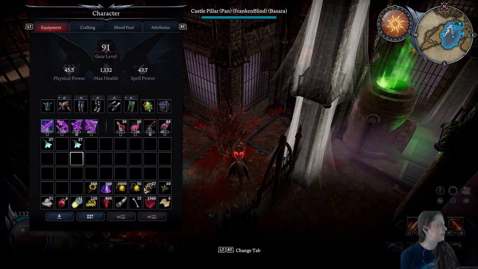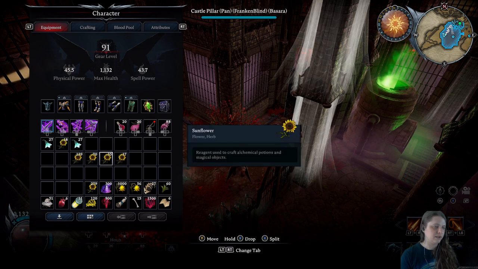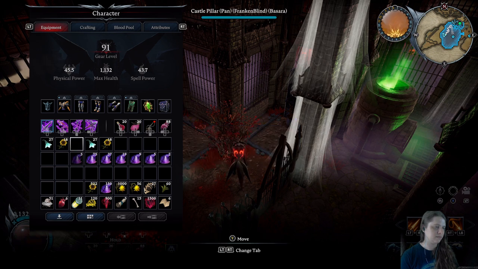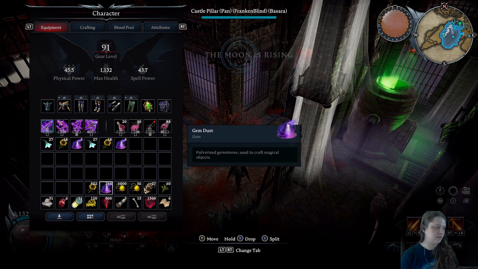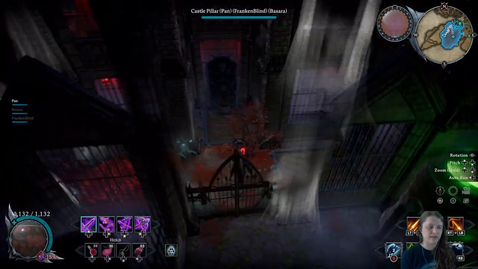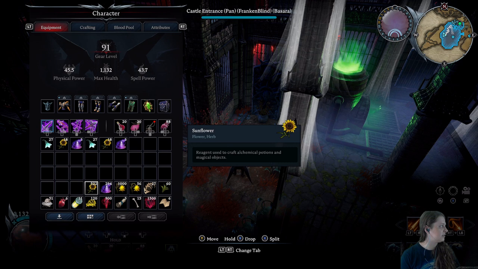27 Mourning Lilies apiece, and then we spawn some skeleton priests. Sunflower. So you can see this is not a quick process. So 18, 18, and then they need gem dust, 3. Okay. So 27, 18, 3. All right. And then what's the next one? The next one is just down there. And it does not have a gate in between it. So the next one is